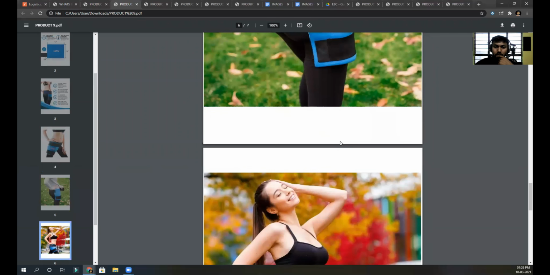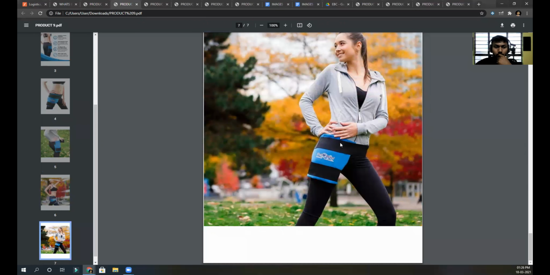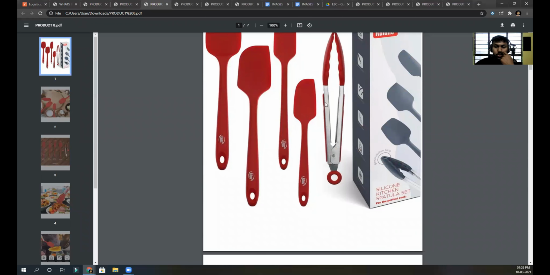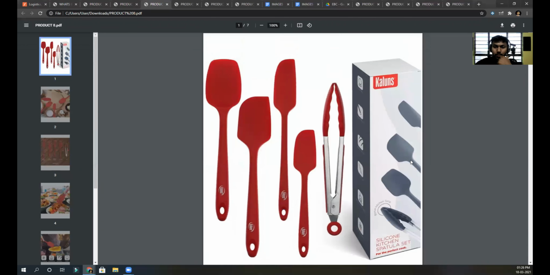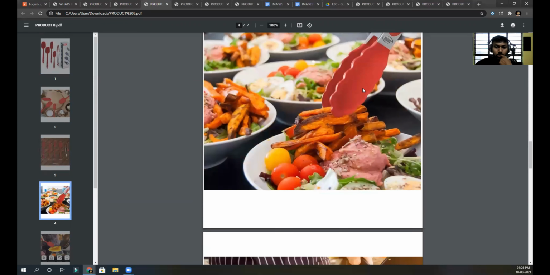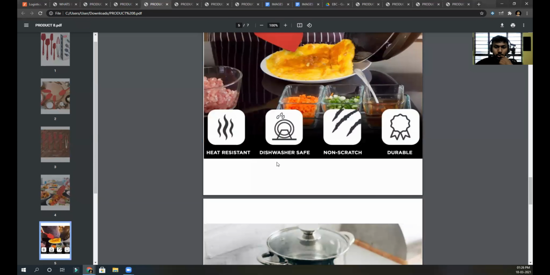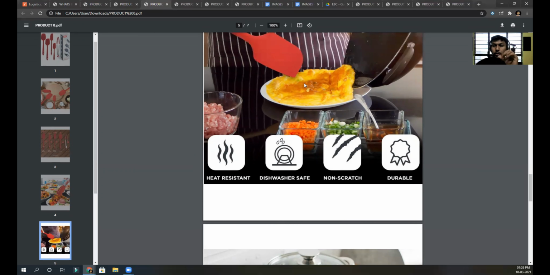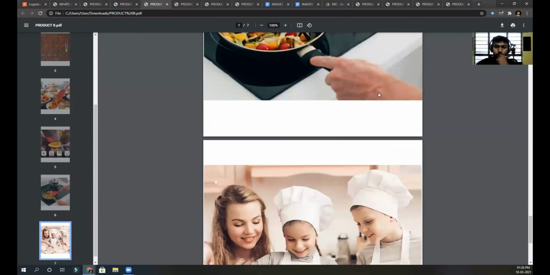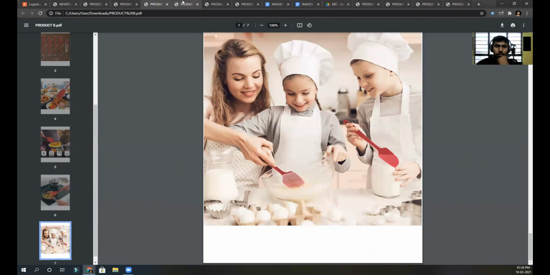Some lifestyle images as well. This is another image. Now they haven't put shadows on this particular product. They may like this one, but the shadows would have enhanced their image a lot. These are the dimensional images. This is in use, this is also in use. Now this type of icon really converts. It really generates a lot of conversions. Not a lot of text, but the icons still tell a lot. Small text as well as lifestyle images.